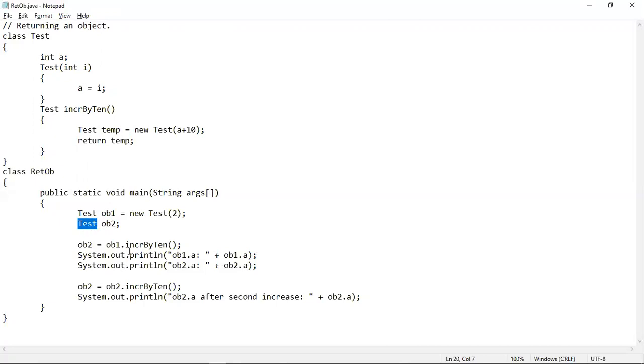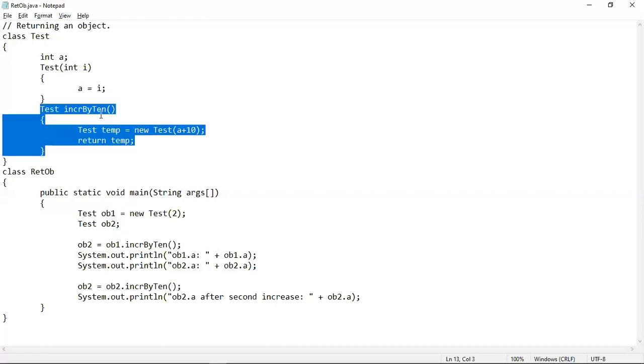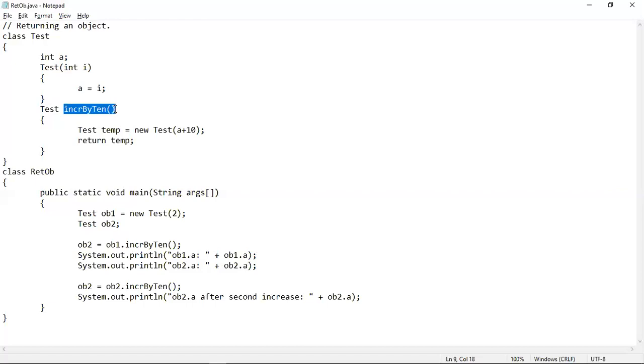Now after that, using the object ob1, we have called a method named incrByTen. Here you can see that the body of the method is written. This is the method incrByTen. Normally, when a method returns a value, its return type is written just before the name of the method.